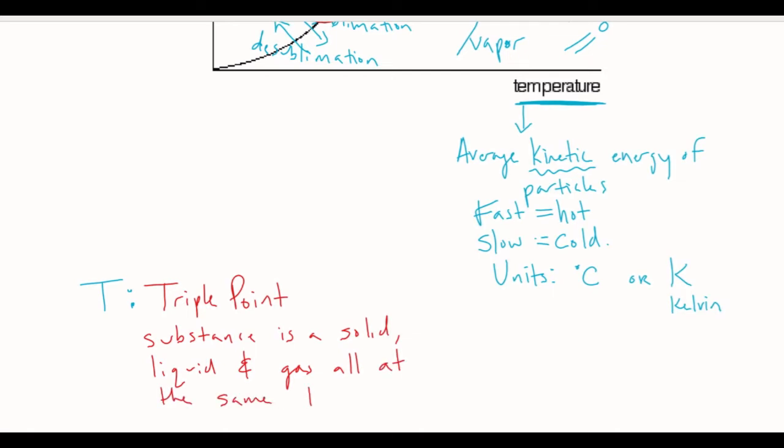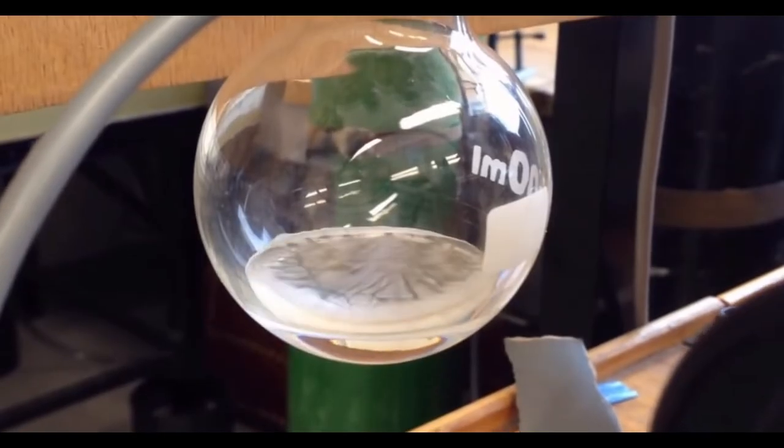It's called equilibrium. So any of the lines represent equilibrium. This one is equilibrium between all three phases. And I realize you guys have probably never seen anything like this before, so check out this cool video of